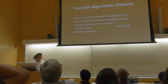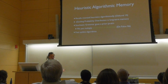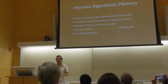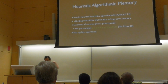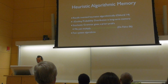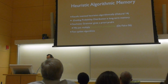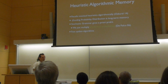And I call that memory design approach heuristic algorithmic memory, because we're recalling invented heuristic programs and we're storing them as programs. That's right. We're remembering them algorithmically. And the guiding probability distribution is the long-term memory of the system. And stochastic grammar just gives us a priori probabilities